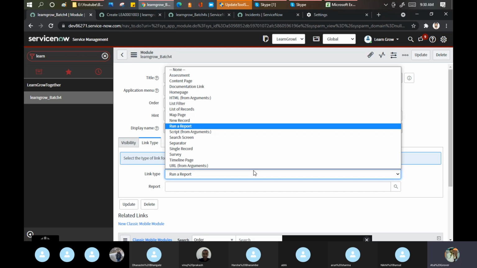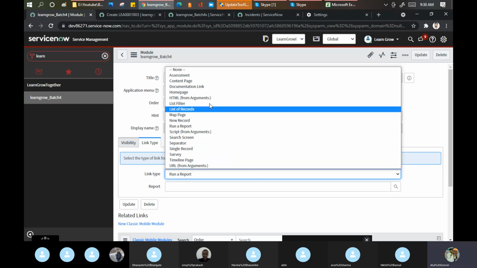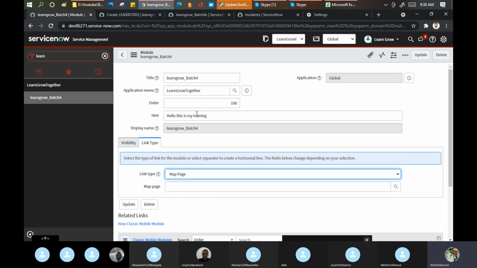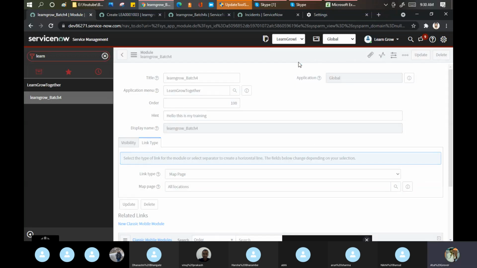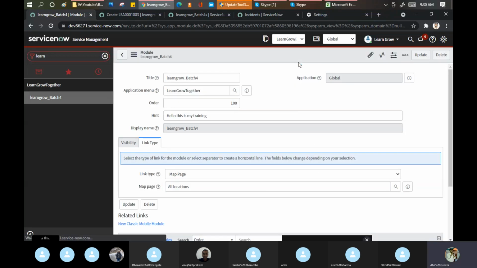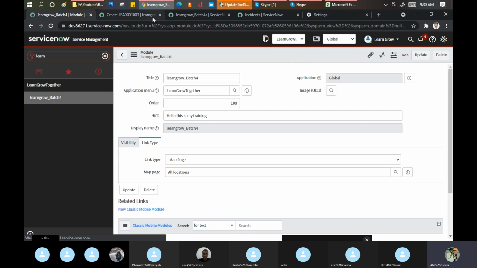Then one more important thing: map page. I love this. Actually, I love this. Let me put what map you want. I want all locations. You will be surprised. Does anyone use Ola or Uber? Definitely yes for everyone. Yes or no?